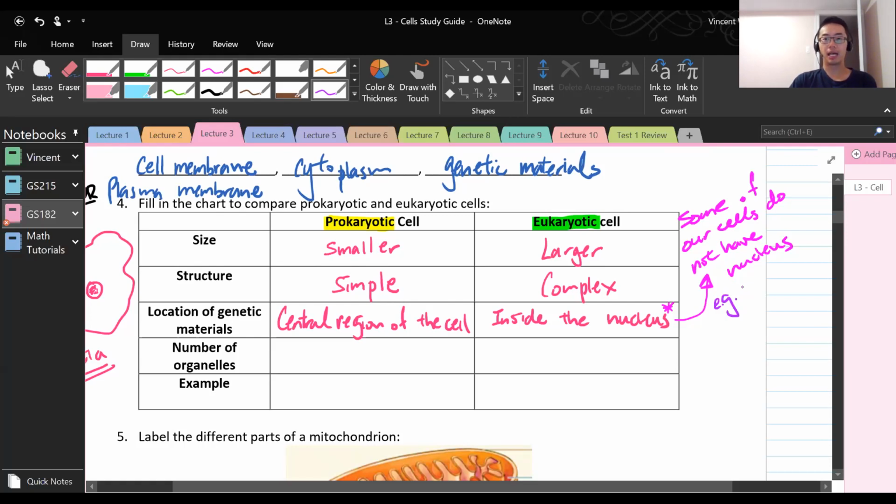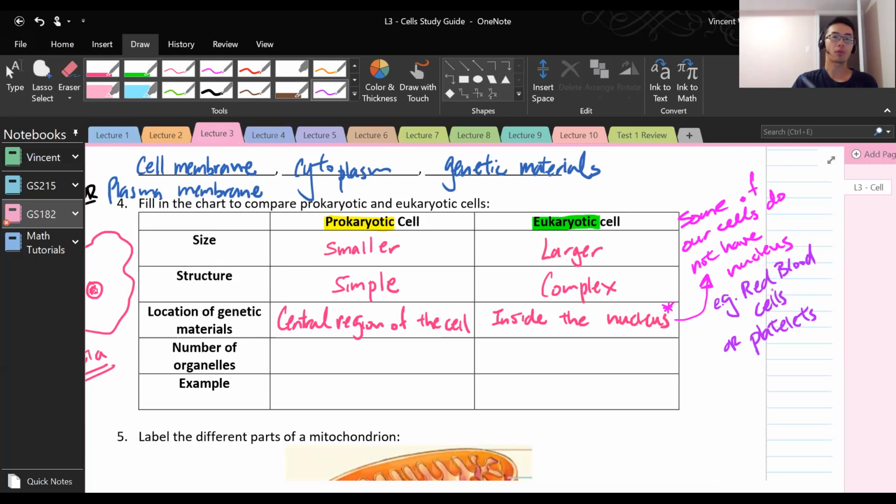Thank you for participating. Examples would be red blood cells, or things like platelets. Platelets are the parts of the blood that help you stop the bleeding if you're bleeding. So those cells, even though they're part of the eukaryotic organism, do not have a nucleus. The plural of nucleus is nuclei, and some cells have more than one nucleus. I hope that makes sense. If you have questions, please stop me and let me know. Okay, moving on.